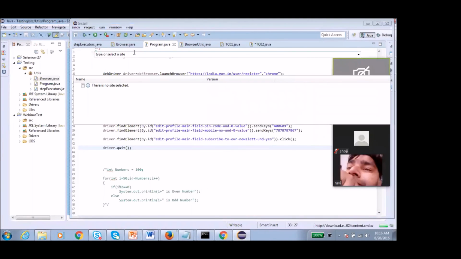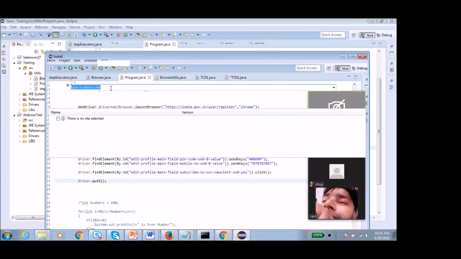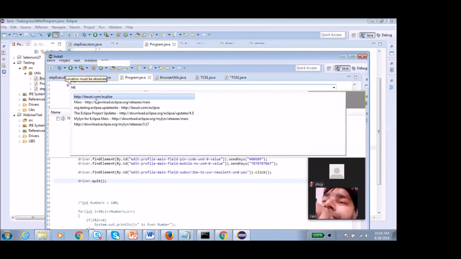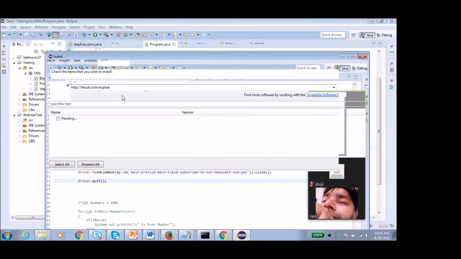It opened a window over here. We have to write our path over here. So just write http and this beust.com/eclipse, write this over here and press enter.